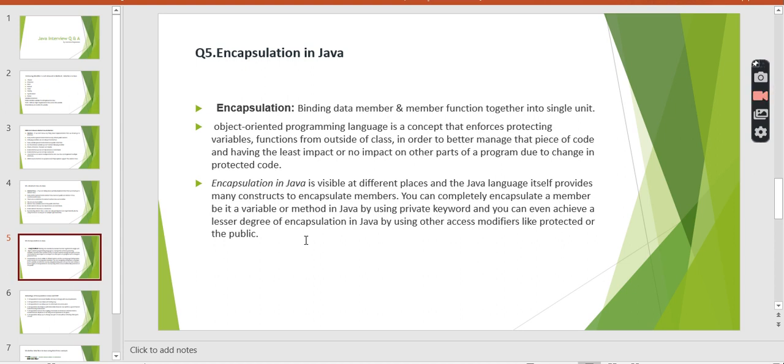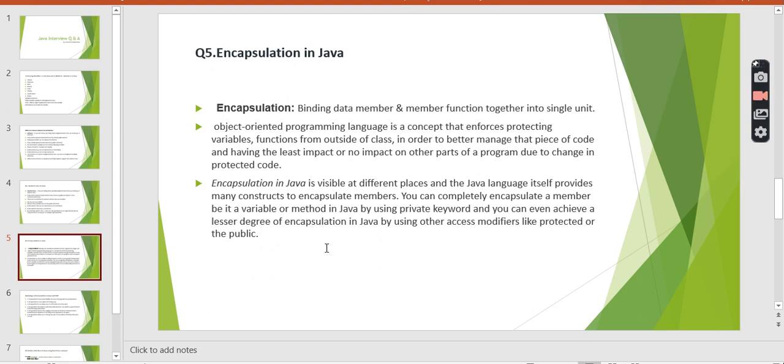Means inside encapsulation all your data members should be private. If you provide your data members as public, default or protected, then you are achieving a lesser degree of encapsulation. If you want your class to be tightly encapsulated,